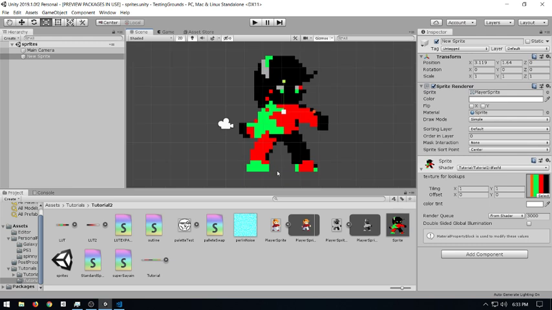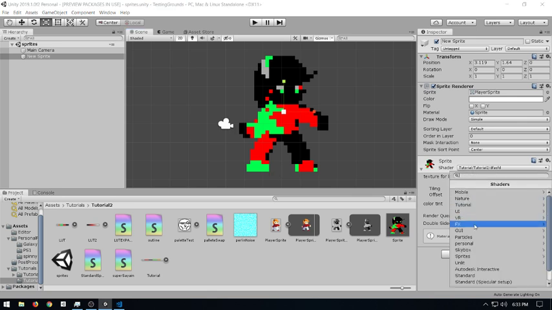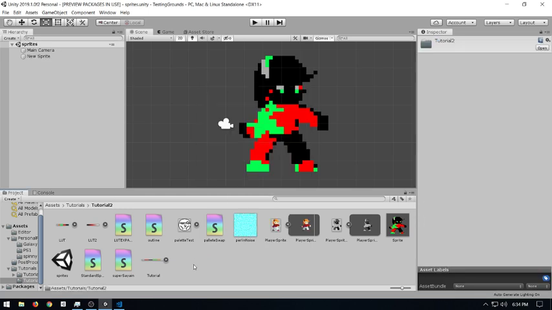So, cool. That is a really good sprite shader. But say you go to your artist and you're like, damn, you know what I need? A pulsing colored outline. At which point you should have told your artist that to begin with. However, if you're really late into production, it's not like you're lost. You can make a sprite outline via shader. There are multiple ways to do this. I, for one, always thought there was one way to do this, and when I started looking it up to study for this workshop, I found that there's actually a way better way to do this. But I'm going to show you both ways just because I think it's worth seeing.